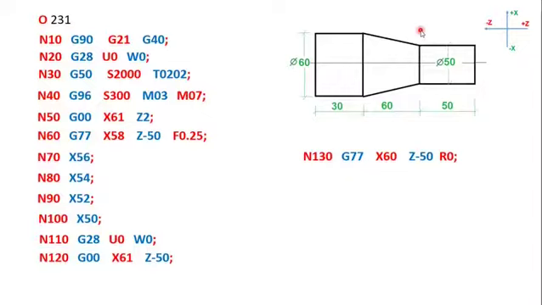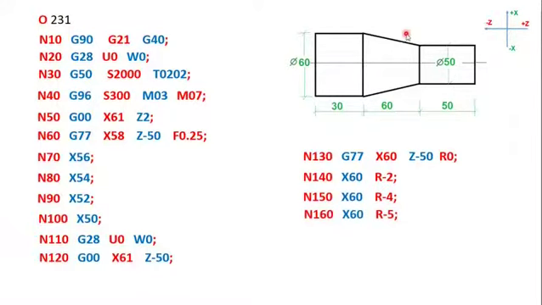So first R is 0. I am not giving any value exactly at this point. Then R minus 2, so 2 mm depth along this curve is removed. Then like this 4 mm, then the next 2 mm is removed, and then the next 1 mm. So how you achieve this 5 is, if you subtract 2 and divide by 2, that is radial, it is 5 mm. So at last R5 is removed.